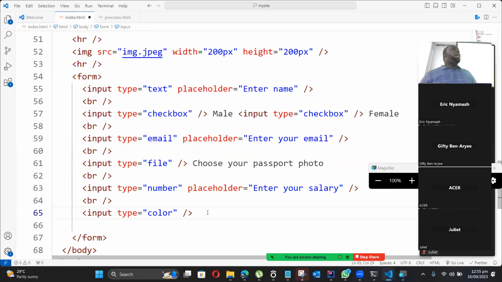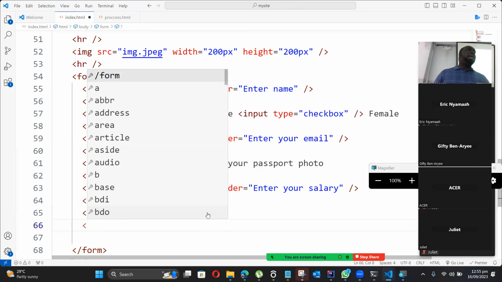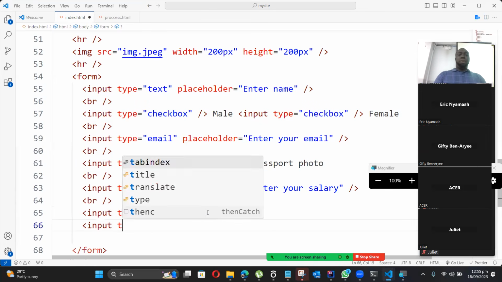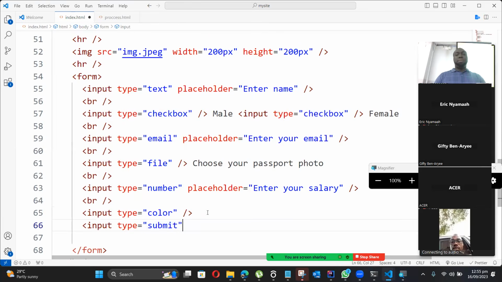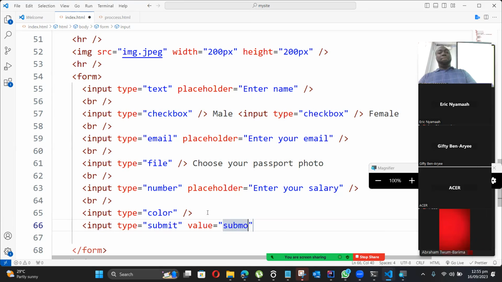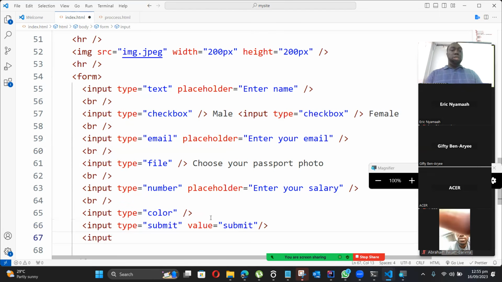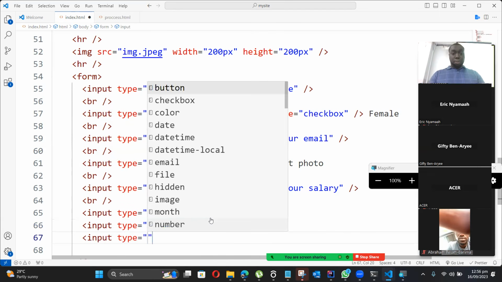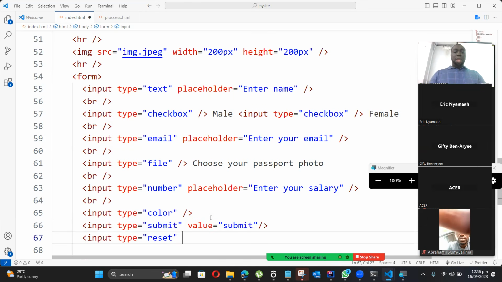So the final thing we'll learn under the form tag is how we can submit the form. Are we okay? So here our input type is going to be submit. And then here we are going to have a value for our input called what? Submit. We are also going to have another input, which is of type reset. And we are going to have a value of